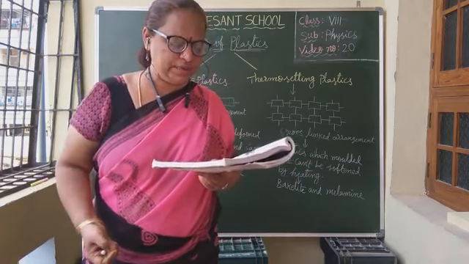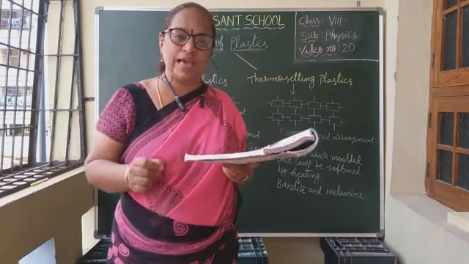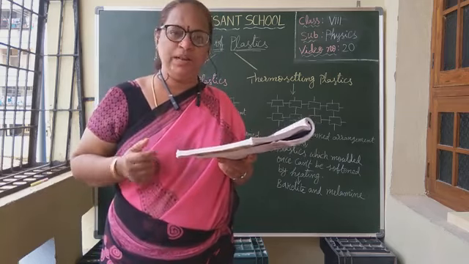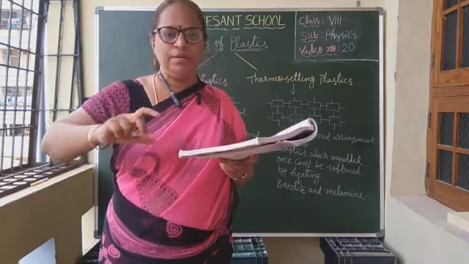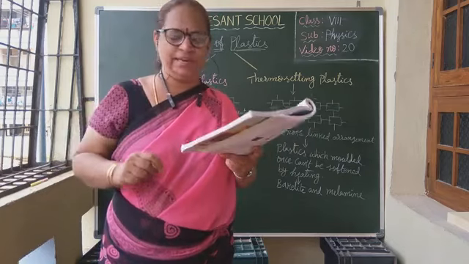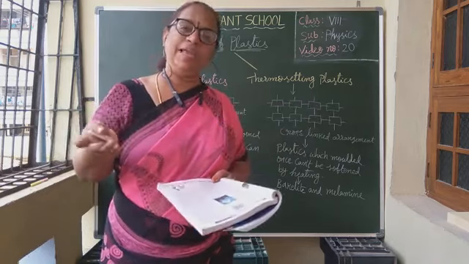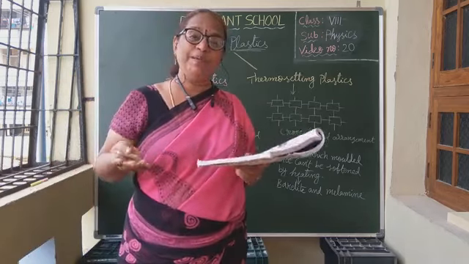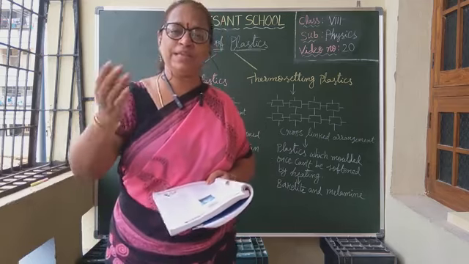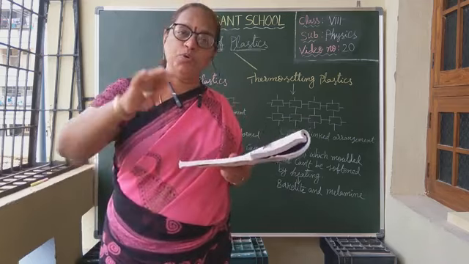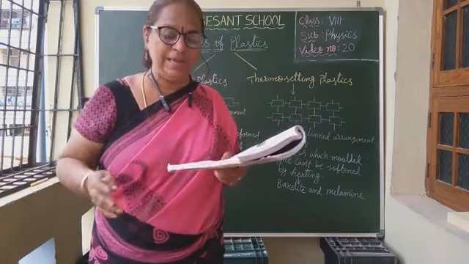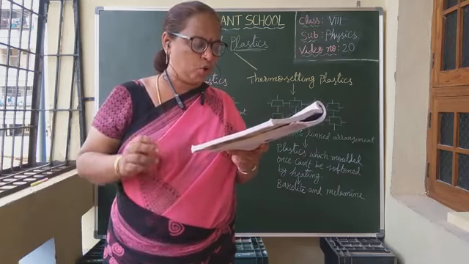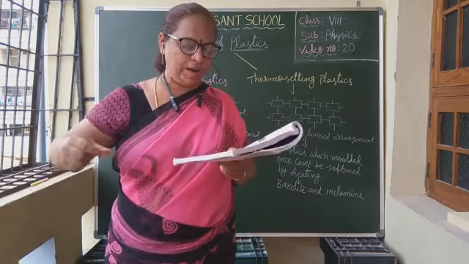Thus, we can conclude that different types of plastics have different properties. Plastics are easily moldable, meaning however we want, we can bend them and convert them into any shape. They can be recycled, meaning made again and again. Reused, we can use them many times. Colored, we can get different colors. Melted and rolled into sheets and wires.